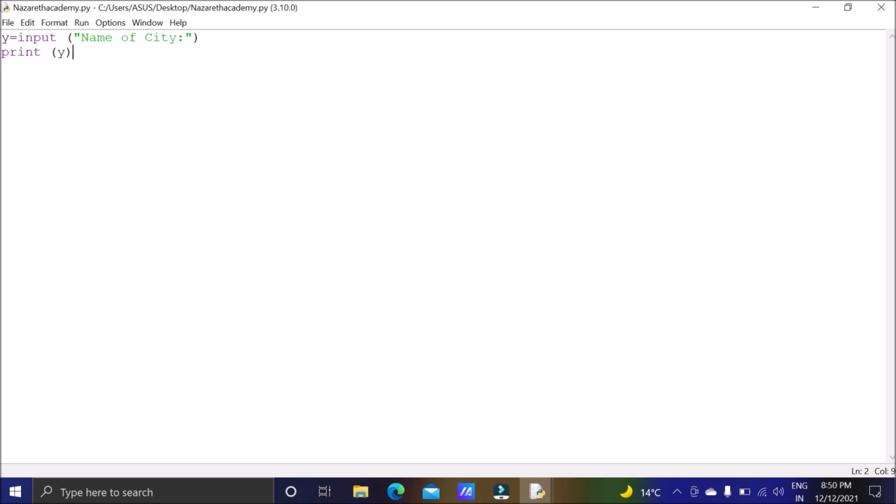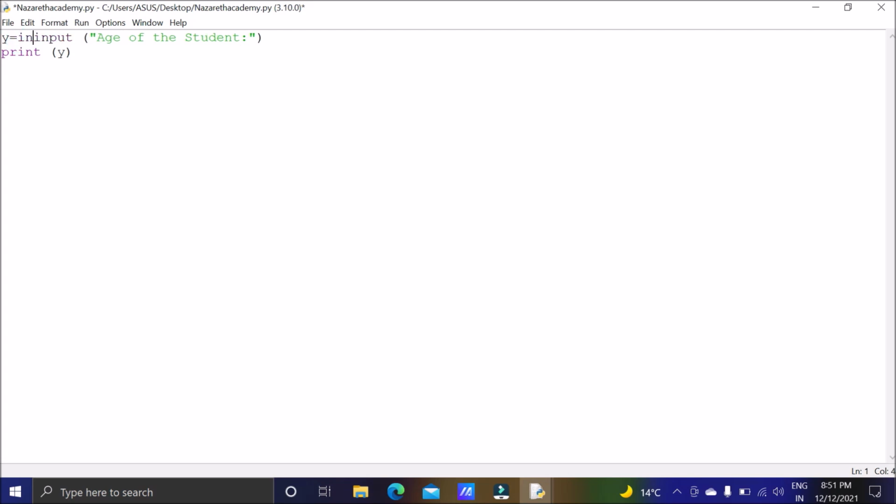So likewise we know how to get the data from the user. Now when you write input, whatever you write is saved as a string. String means it will be taken as a word, not as a number. So if you want to take a number, suppose I want to take age, the age of the student, age will be a number. So for that I have to tell the computer that I want a number.